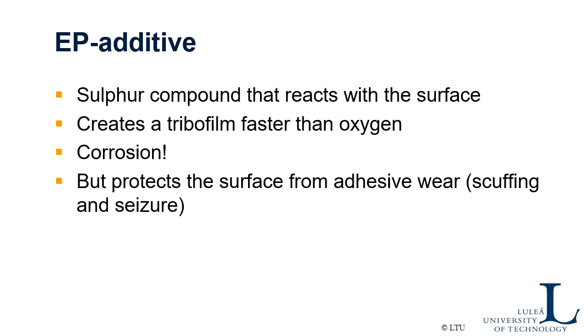The EP additive is a sulfur compound that normally reacts with the surface, and this goes faster than the oxygen may do it. In a gearbox, the oxide layer formation isn't fast enough to create this tribo film, so you really need to have a faster one. As I said, it's a corrosive process, but still,